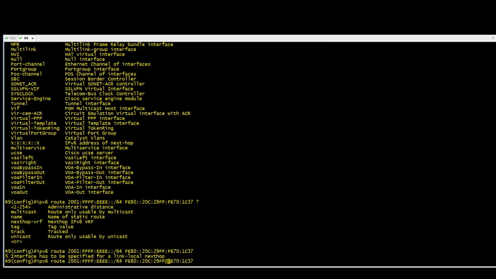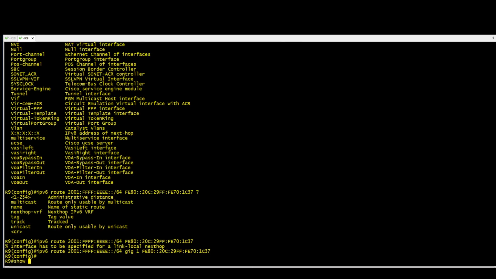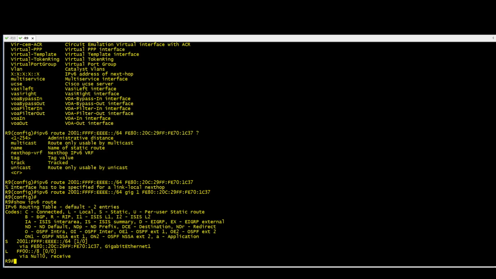So let's just go back here, and then we're saying if you want to get to this 2001 IPv6 address, which is the loopback of 10, you need to go out of gig 1, and the FE80 is your next hop. Now let's look at the routing table. Okay, we've got something in our routing table, and it's recursed because we've obviously given it the information we need. Now let's ping,